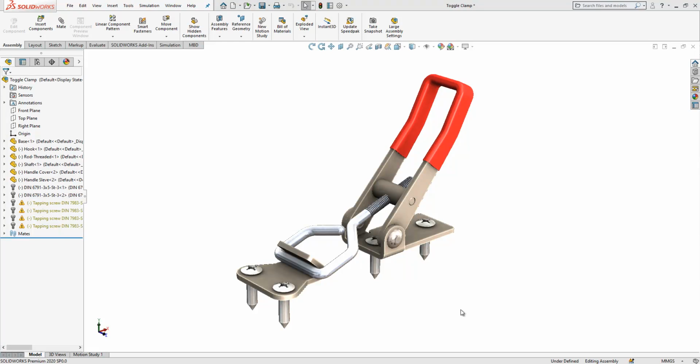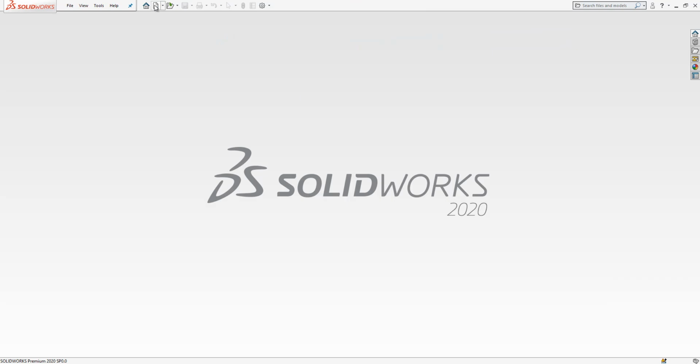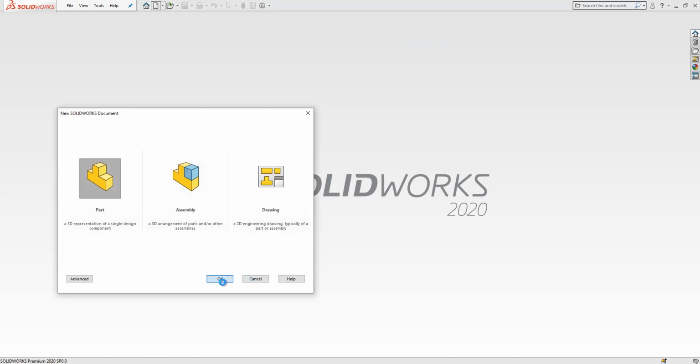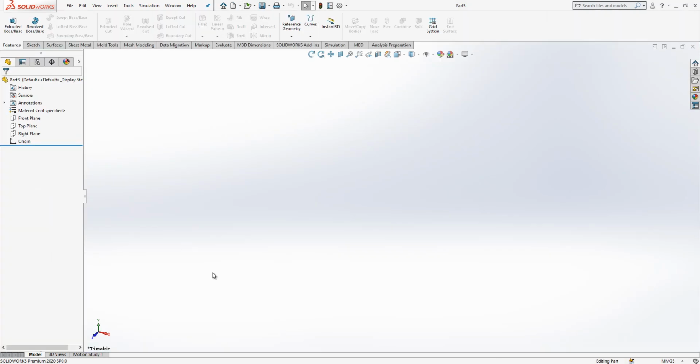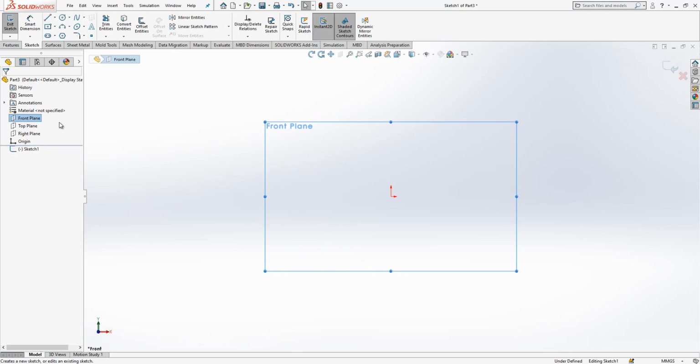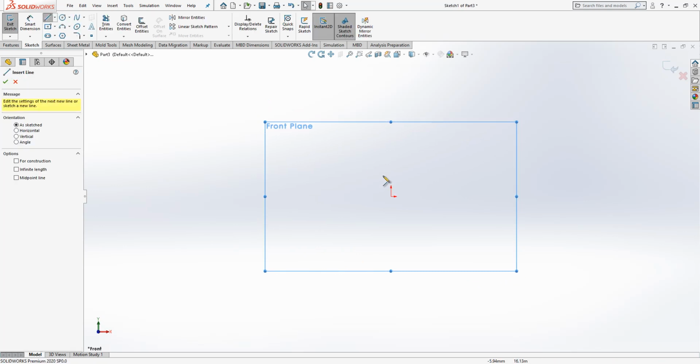Hey all, today we will model this part together. Let's close this one first and I will open a new part and we will model it step by step together. In the front plane, I create a sketch. The first operation,